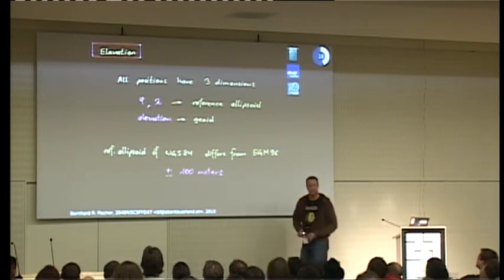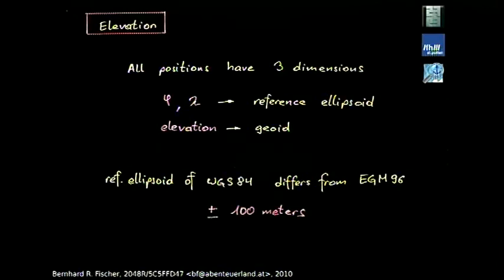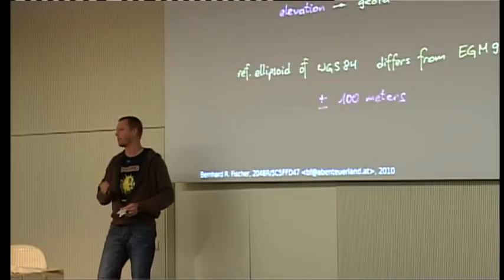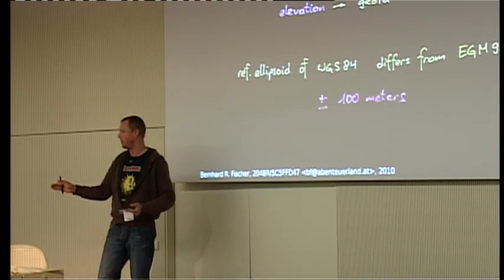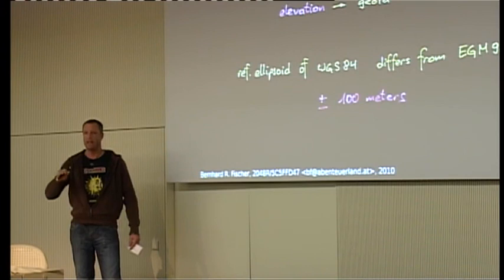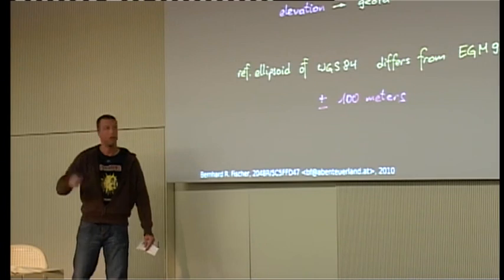Actually, coordinates are always three-dimensional, and that's the problem. If we give a coordinate in latitude and longitude, then it's two-dimensional, okay? But every object really has a third dimension, and this is the elevation. The ellipsoid figure is nice as long as you just want to describe a two-dimensional figure on the same elevation. But as soon as you want to describe elevations, you need to know the actual height, which is based on the geoid, actually. Okay? It's the point of gravity where we are.